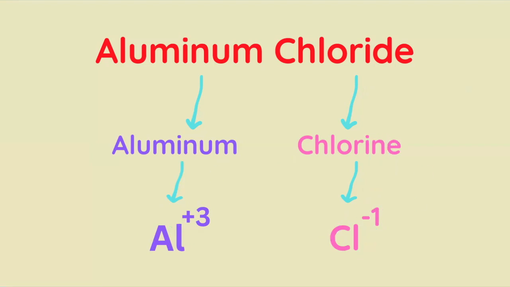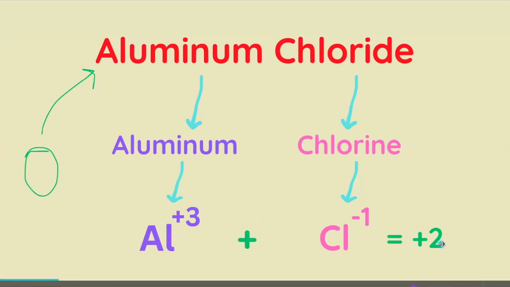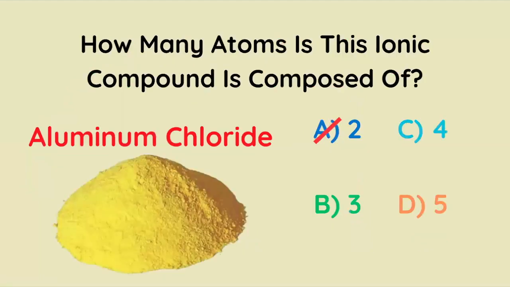But does that mean that aluminum chloride has 2 atoms because we have our ions right here and it's an ionic compound after all? Well, no, because to be an ionic compound, we need to have a 0 charge overall, a neutral charge, and adding up the charges of the individual ions, we get something that's not 0, it's +2. So right off the bat, we know that 2 is not the correct answer, so we're going to cross out